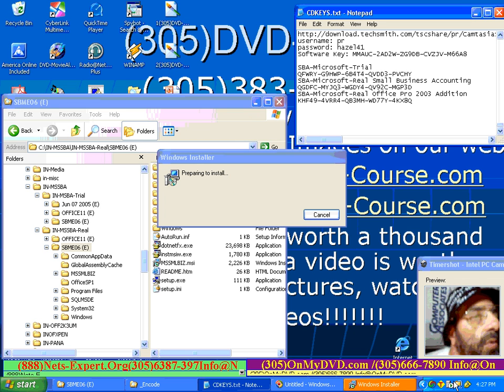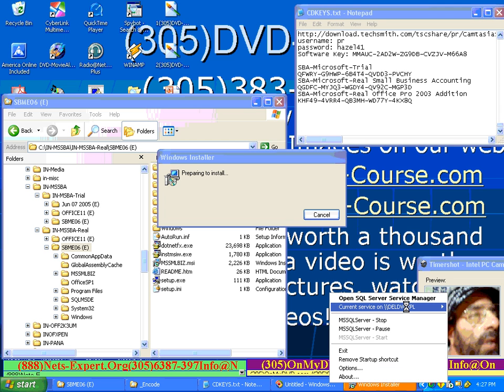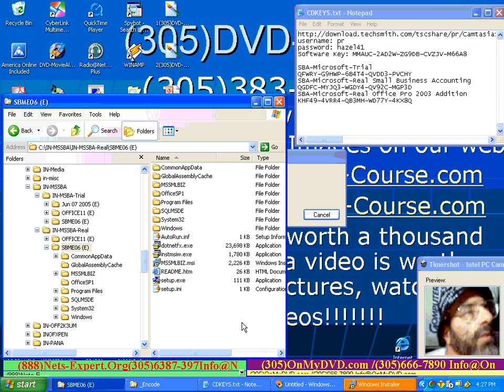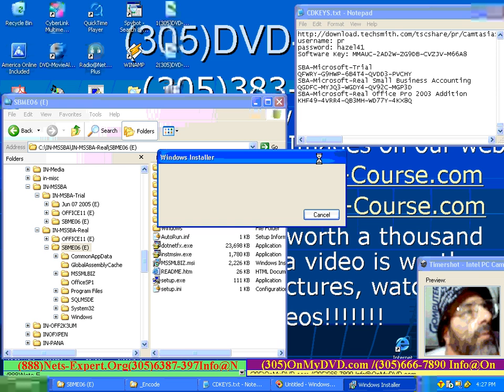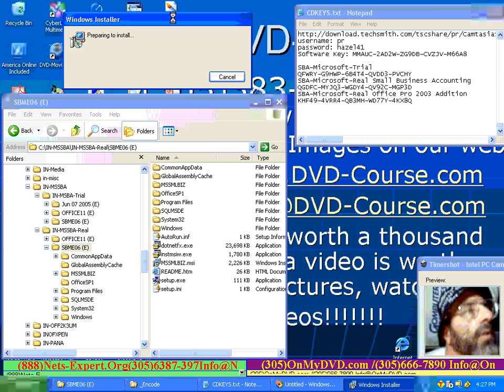You can also see this icon on the right upper corner shows you the server is currently running. And in order to make changes, it probably will have to stop and do something with it. But I'm going to just let it continue and see what it does. It continues in the attempt to prepare and install it. For now, nothing else is happening, so we'll suspend this session and we'll